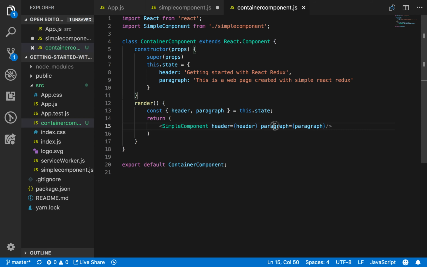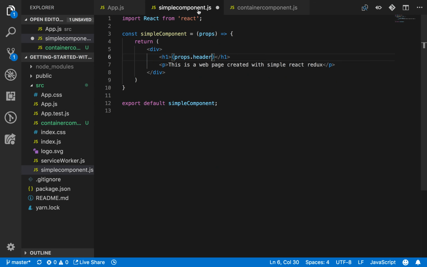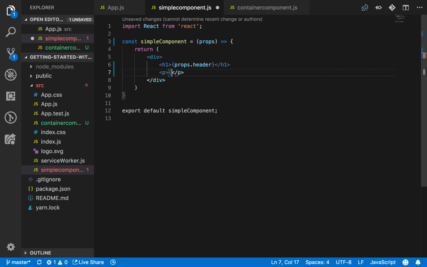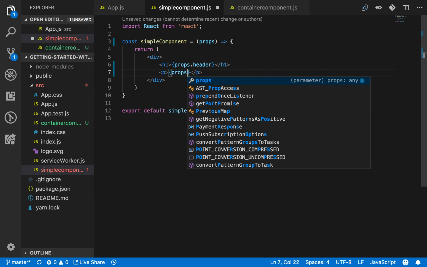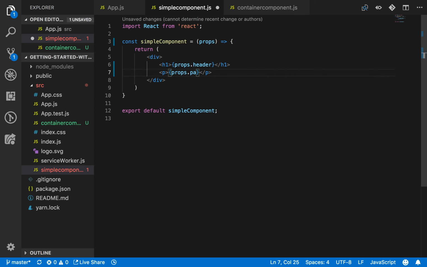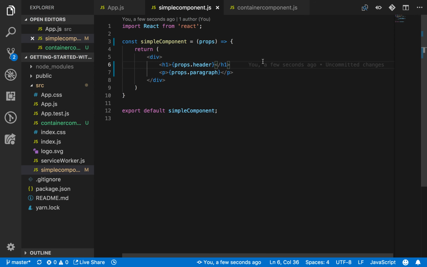And then the second one is paragraph. So what does this imply? This implies that now, as we are passing to our child component the data so that we present,